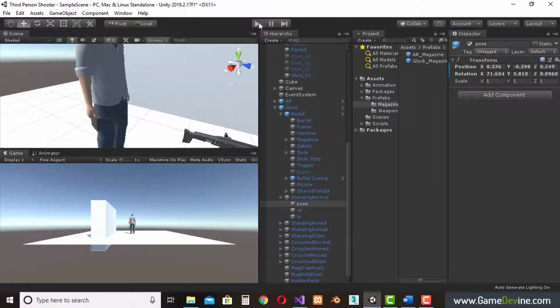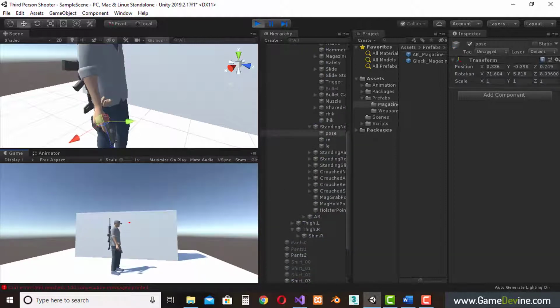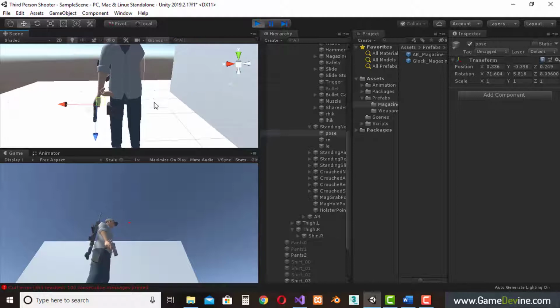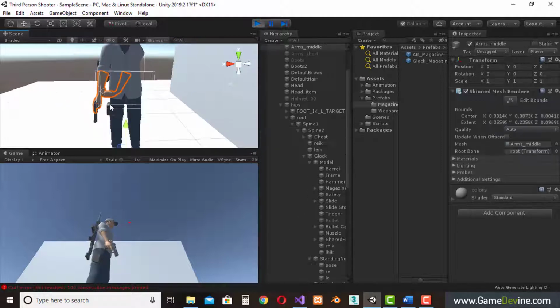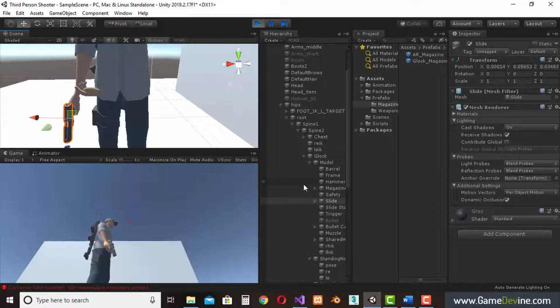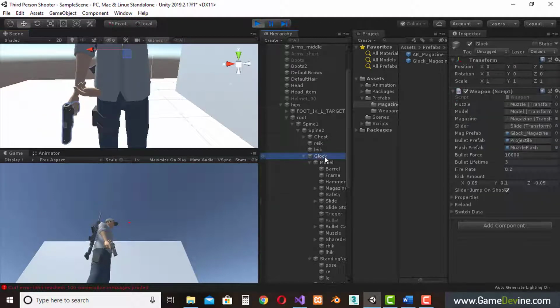And I'm gonna show you how to fix the left hand thing. If you look at here, the hands you see, but if you select the weapon, go to the root of the weapon,